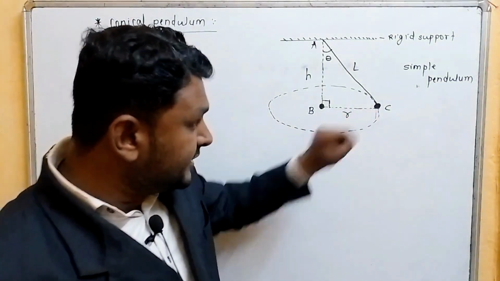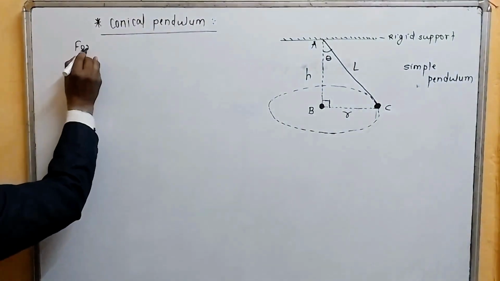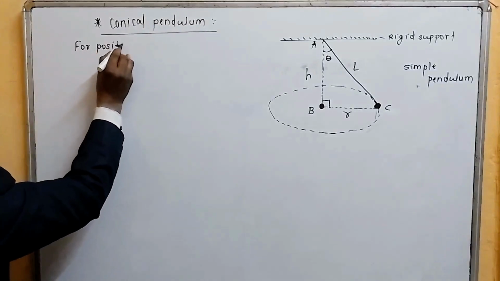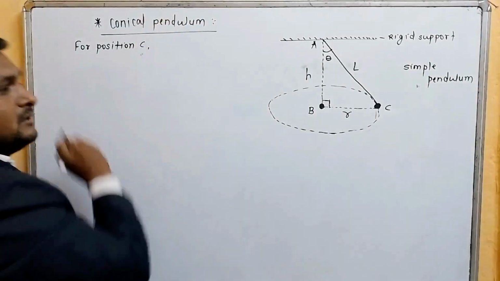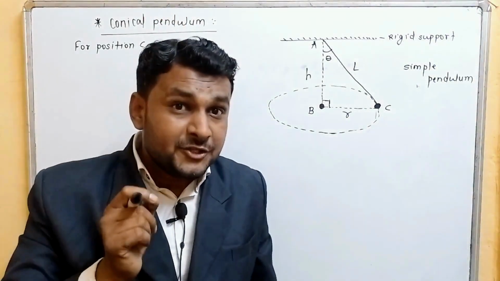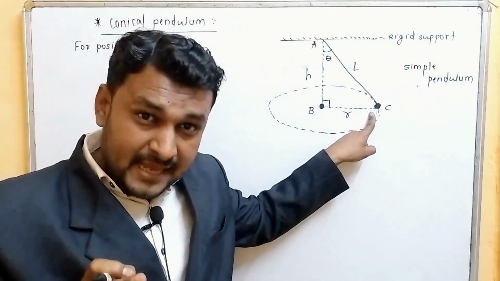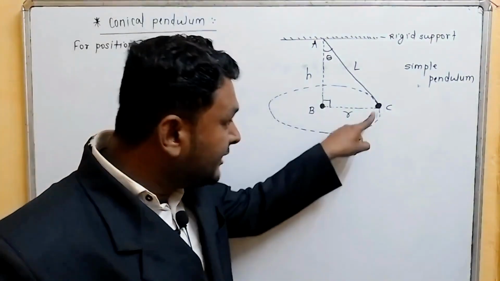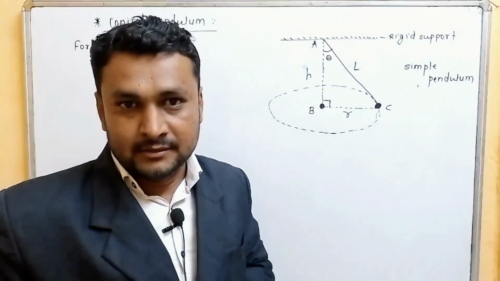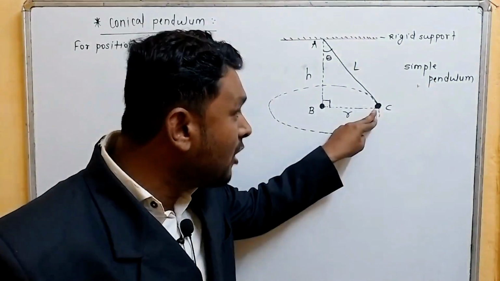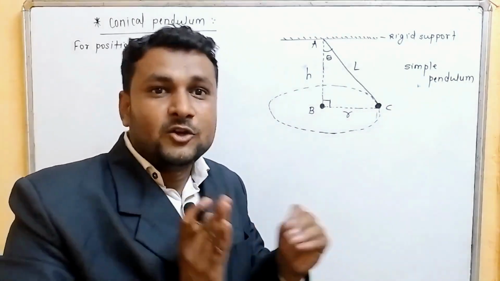Now just imagine that for equilibrium position, for position C, for a position C, the condition is that the bob should be in equilibrium position. It means that whatever forces are acting on this bob at the point C will null each other. All the forces acting on the bob will cancel each other. So the first thing is which forces are acting on the bob.